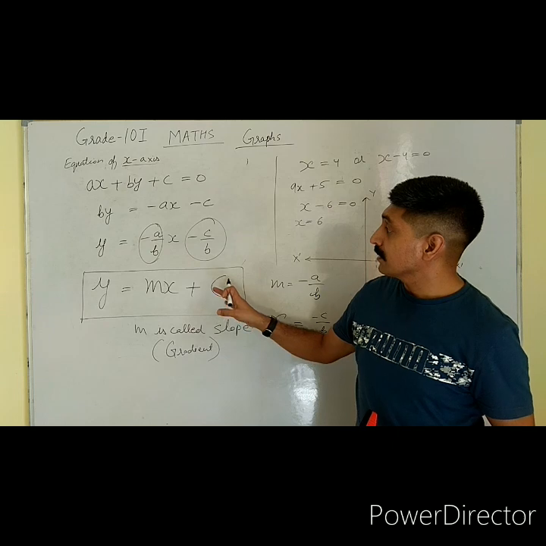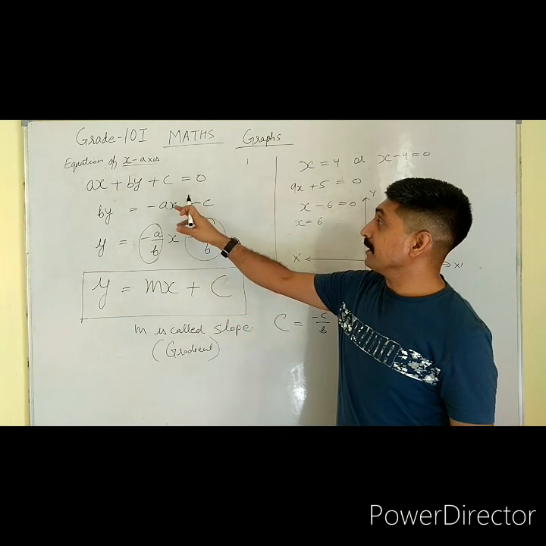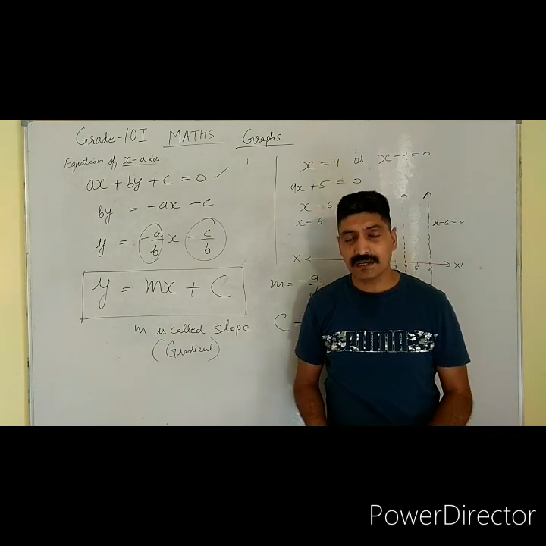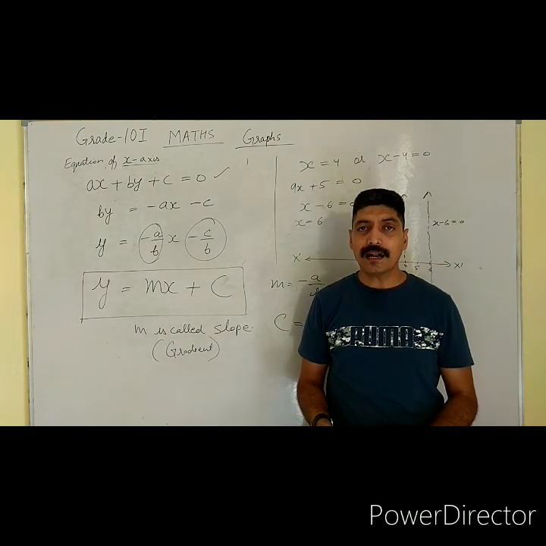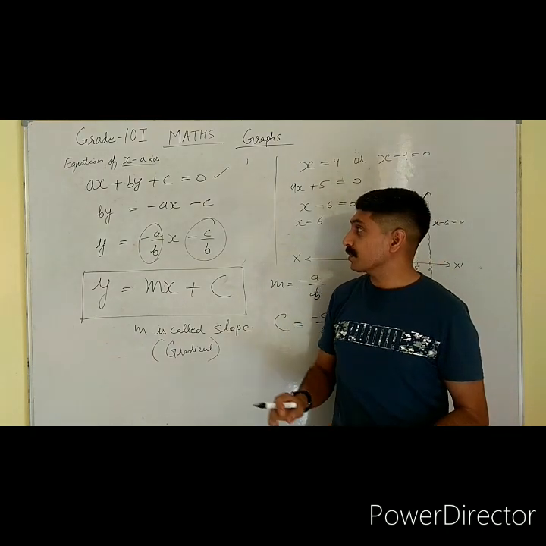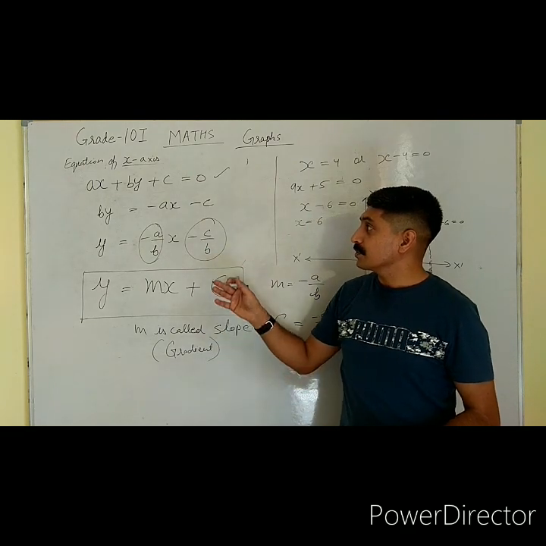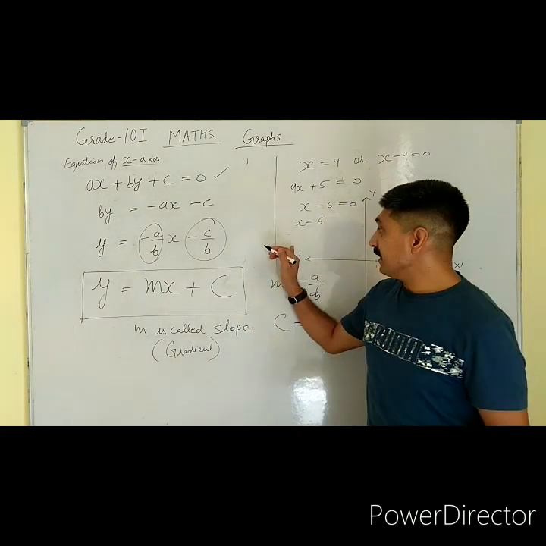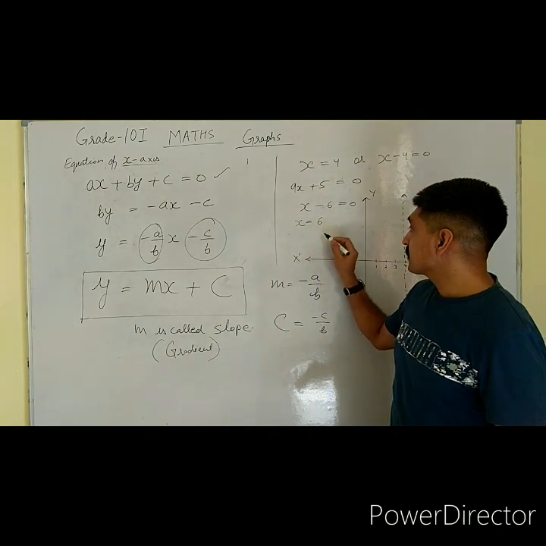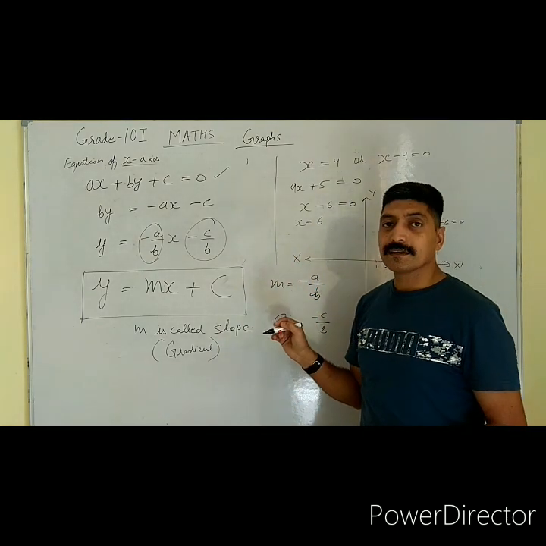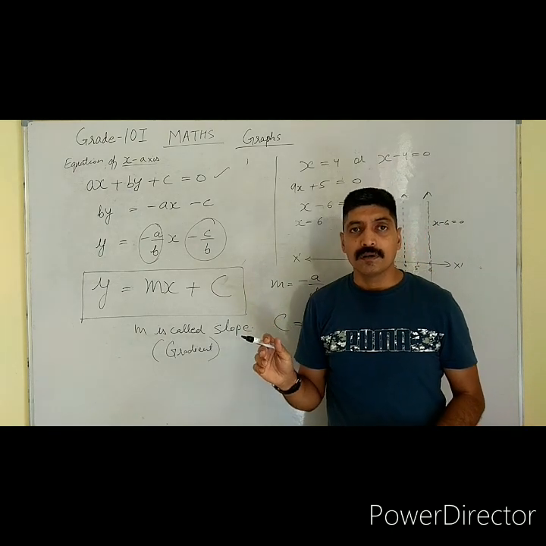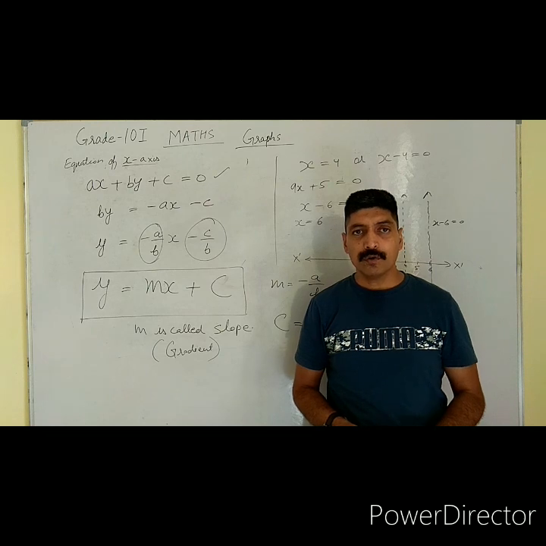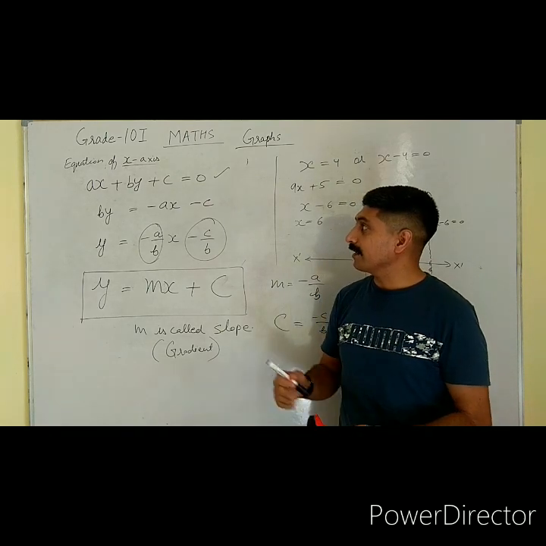So we have discussed today that a linear equation in two variables represents a line on the graph. Dear students, you can take examples. You should know how to plot the graph. We need a minimum of 2 points to draw a line. So take some examples, and tomorrow again we will move ahead with these graphs.